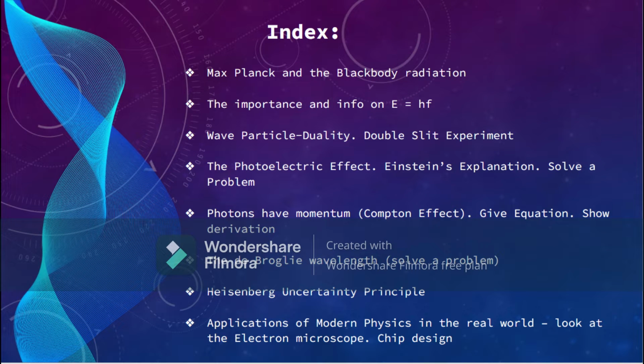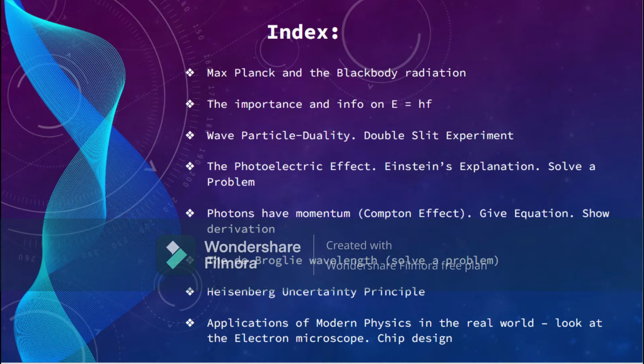The content of this slide will be presented in the order shown in the index. Max Planck and the blackbody radiation will be first. The second thing will be the importance and the info on E=hf. The third thing will be wave-particle duality and the double-slit experiment. The fourth one is the photoelectric effect with Einstein's explanation of it, and the problem that will prove that it